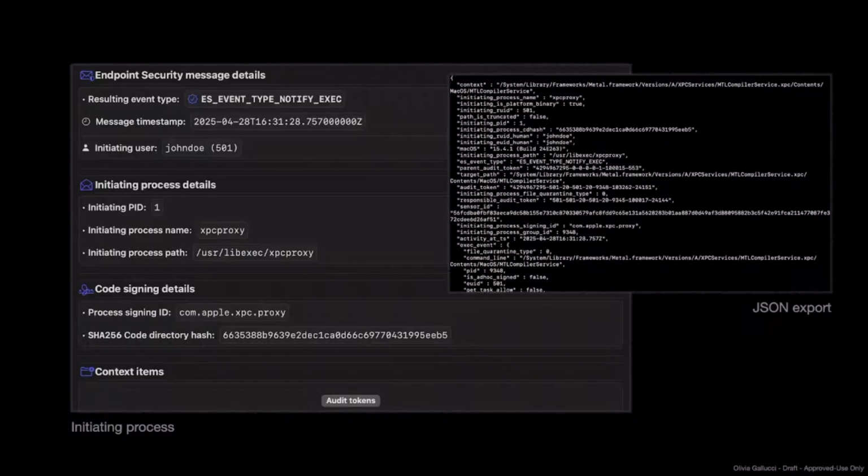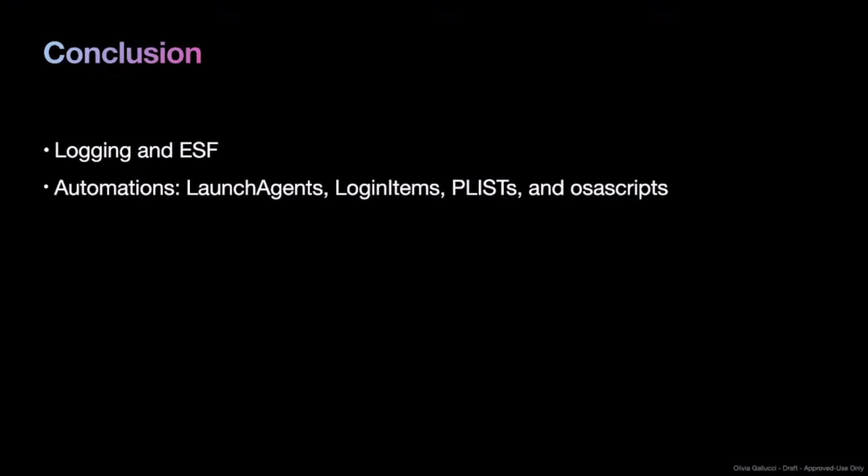on the device exist. So with that foundation in place, let's step back to logging and summarize the internals and system behaviors we've learned today. So we examined the unified logging system, which asynchronously captures structured OS and application events in real time. And then we also examined endpoint security, which provides real-time Swift native event streams without requiring a kernel extension. We discussed automation artifacts, like LaunchAgents, LoginItems, osascripts, and plists as common persistence and execution mechanisms tied to user land